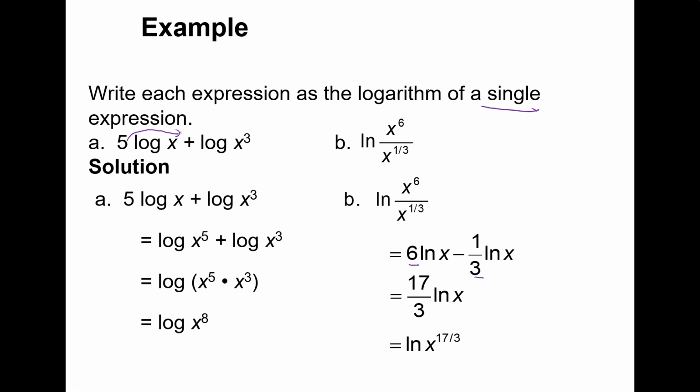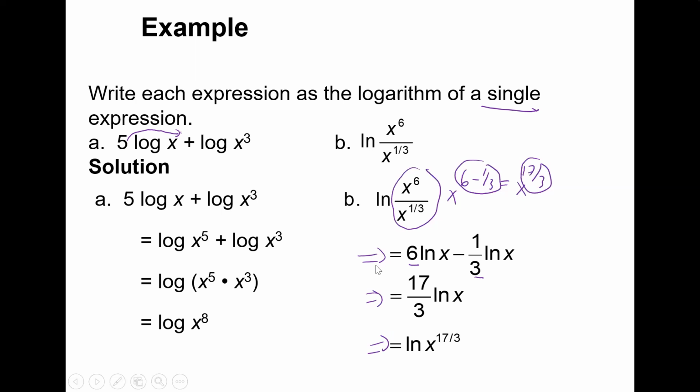Now here we could have just used the subtracting exponents. We could have taken 6 minus 1/3 and got 17/3, and so that would be ln of x to the 17/3 right away. And so it depends on, if you can see that, this piece we're just going to do the 6 minus 1/3 and get the 17/3, or if you need to go and work it all the way down like that. So again, depending on how each person thinks, it's going to be a different way how they